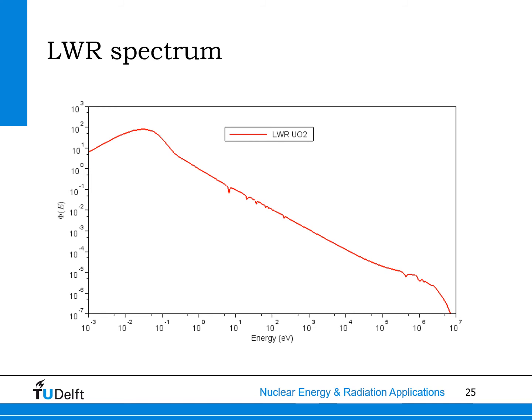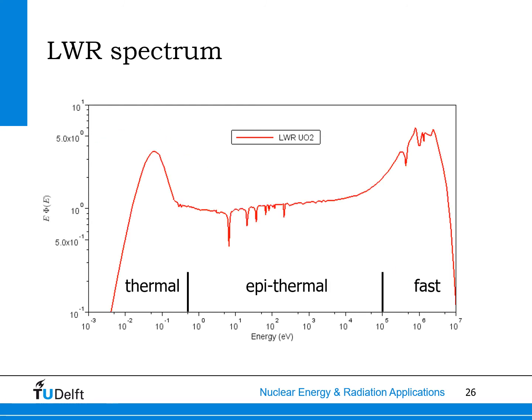The spectrum along the y-axis and the energy along the x-axis are both given on a logarithmic scale, which makes it difficult to read because both scales cover so many decades. Therefore, it is quite customary to plot the product of the energy and the neutron spectrum versus the neutron energy. The y-axis now covers much fewer decades, which makes it easy to read, and the spectrum can now be studied